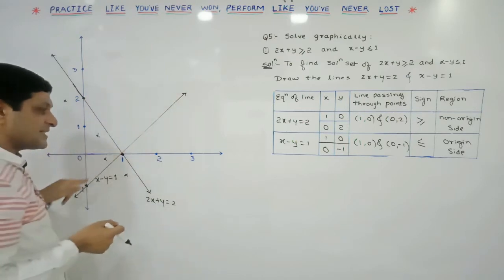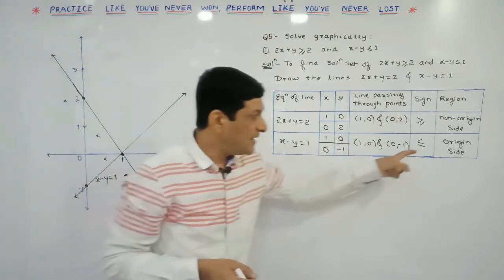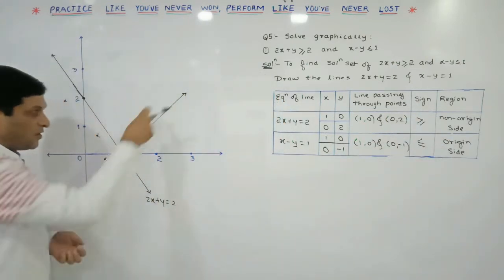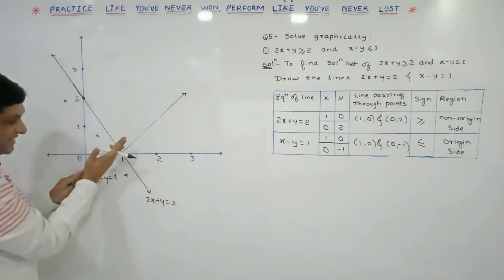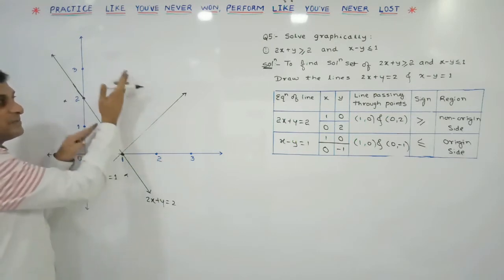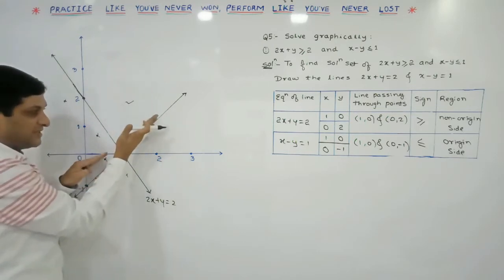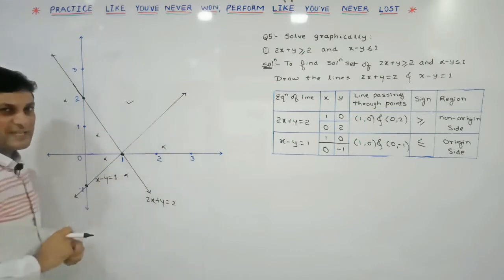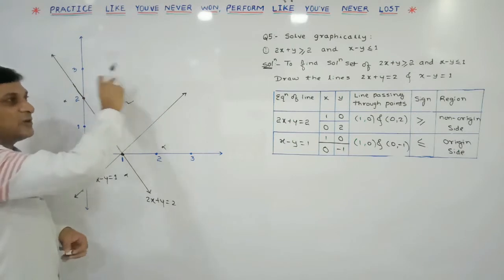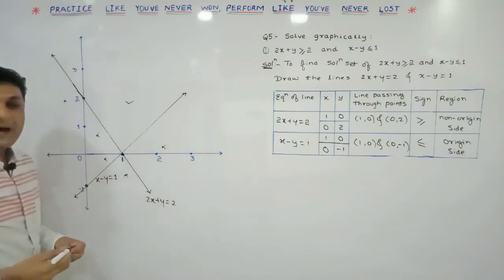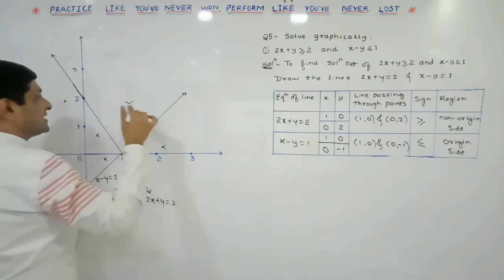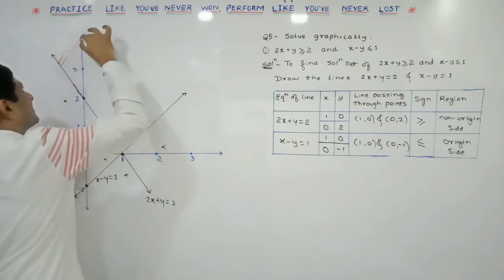That depends on the second line. Now for the second line, less than or equals to appears, which means the origin side part will be the solution set. Observe this second line, and for this second line, this part is the origin side part, but this part is already deleted, so this part will be our required region, because for this line this is the non-origin side part region, isn't it? So this is the set of points which will satisfy the given equations. So we can say that this will be our required solution set. So in this way we have got our required solution set.